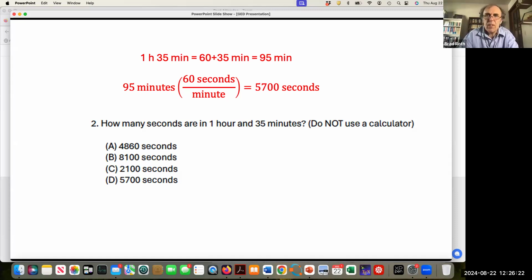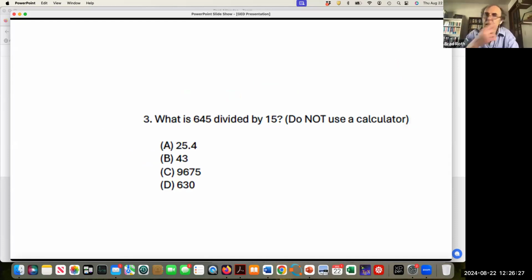Okay, let's continue with the ones we can't use the calculator on. Here, 645 divided by 15. Can't use the calculator. Well,